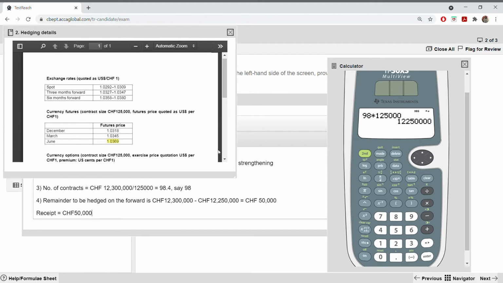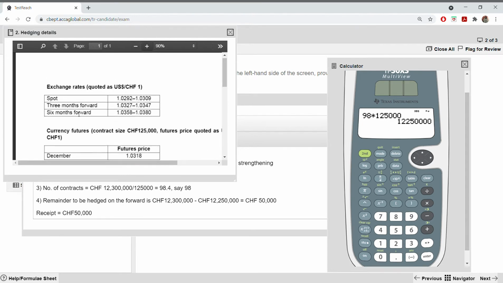Which forward you need? I will zoom this a bit so that you can see the rate. 6 months forward or 3 months? Definitely 6 months because we are using a 6 month future, so everything is for 6 months. Which rate? This or this? Which rate? We are selling Swiss francs. Same in the forward also, if you see the currency. Just see before you decide. Don't jump to whether we are selling or buying Swiss franc forward. First you have to see how it is quoted. Check the currency on the right side, your base currency. Base currency is Swiss franc. And you have to sell Swiss franc to buy dollar. So you are selling Swiss franc.